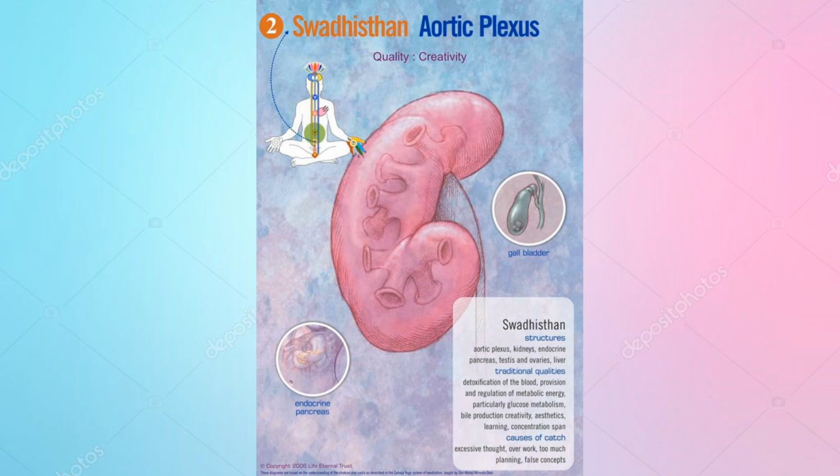The Swadhisthana Chakra, as explained, is the aortic plexus. It takes care of the kidneys, endocrine pancreas, testes in men, ovaries in women, the liver, which is a very important organ for meditation. The main function it physically takes care of is detoxification of the blood, provision and regulation of metabolic energy, particularly the glucose metabolism, bile production,